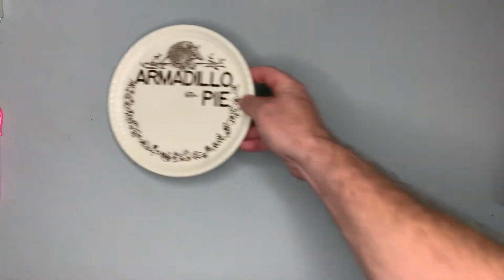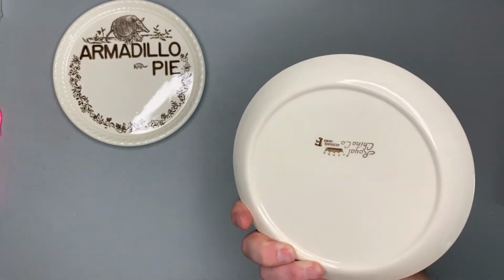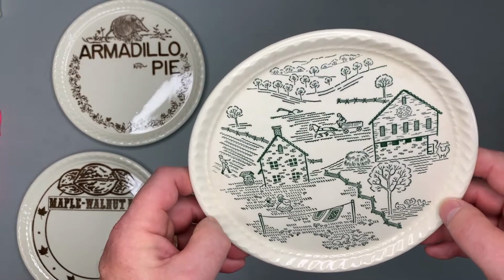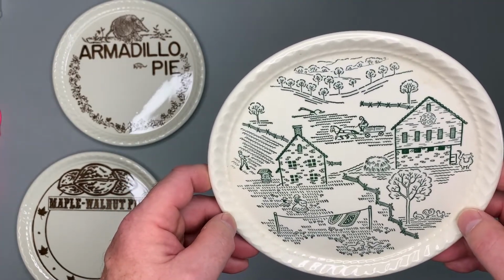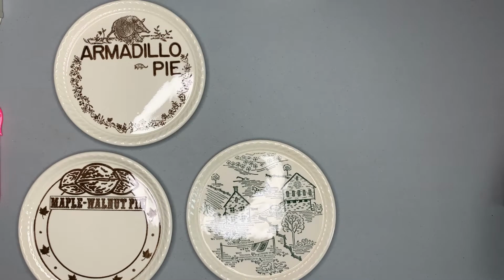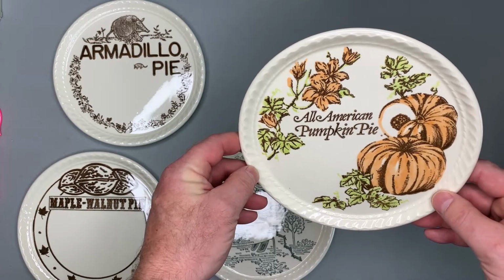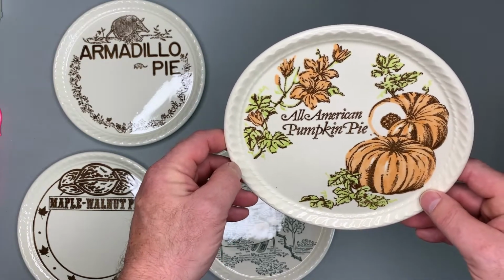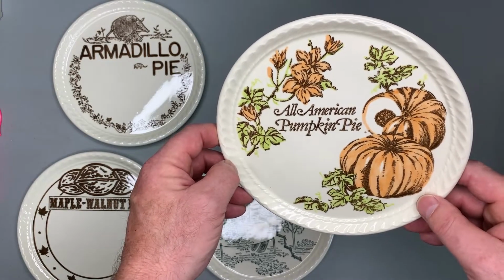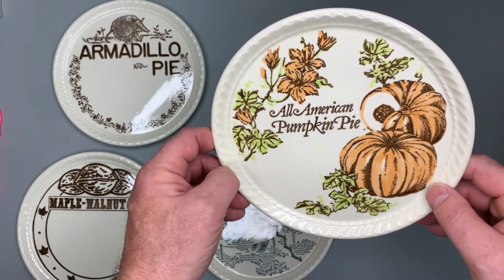They created interesting sets. So what we have here are dessert plates that go with pie bakers. So what they would do is they create a set of 4 of these plates, and then they would add that to a pie baker that they created. Here is the coolest one I have. So for all the American pie series of pie bakers, they created their own using the Hostess set. So they created this. So we have 4 of these dessert plates and a Hostess pie, all done in their